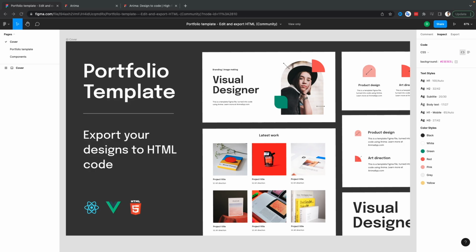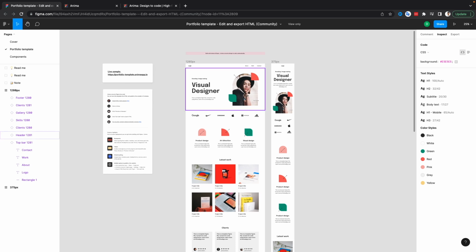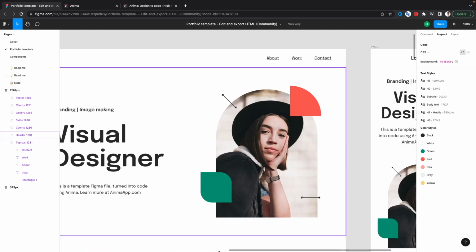Alright guys, so this is the Figma design which we are going to use, and we are going to convert this Figma design into a working React code using the application called Anima. So let's go through the Figma design and explore the design first. So I'm going to go here, portfolio template, and in the portfolio template, this is the design that we are going to work on. So let me zoom it a little bit, and here you will see that we have